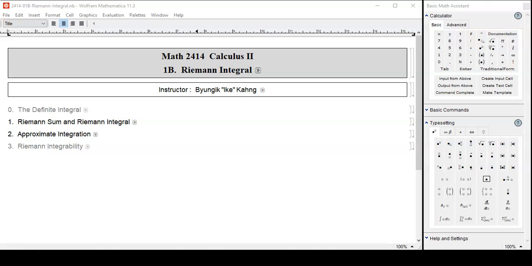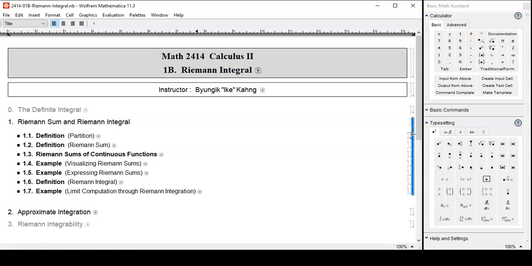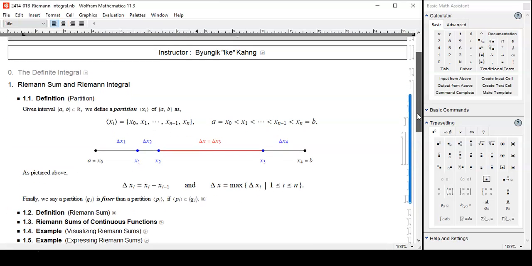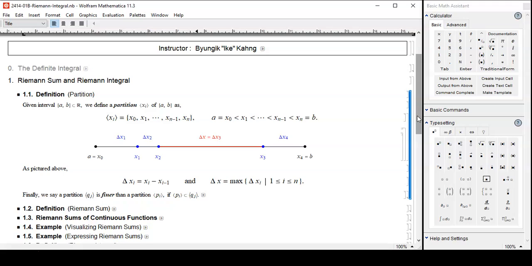Hello students, welcome back. Let's resume our discussion in section 1. We are almost there. We defined and studied Riemann sums. And before going over to Riemann integrals, let's have a brief recap. We started with partition,